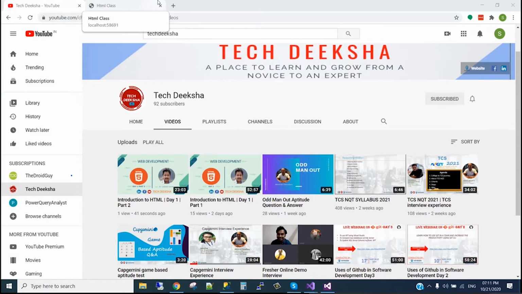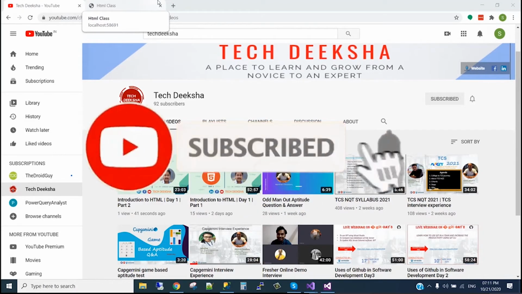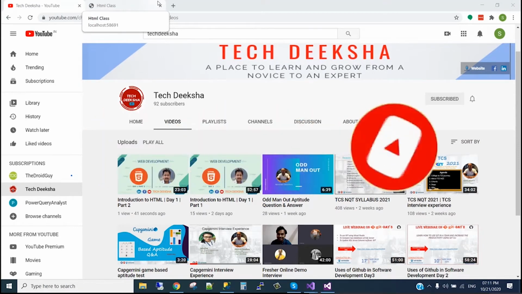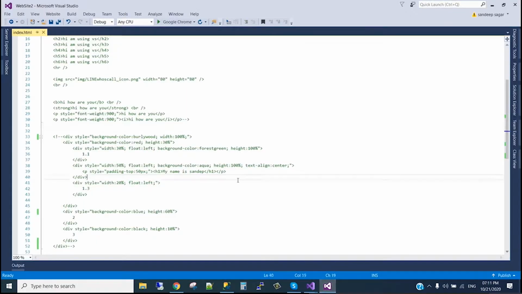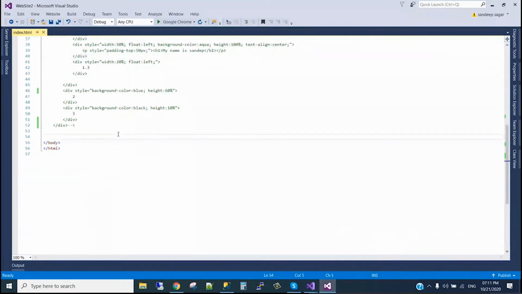So like the last day we went through some of the HTML tags, and also we went through the div tag. Today there are some important tags that we use in website designing, and also in some software development. For example, we have some tags for HTML view.